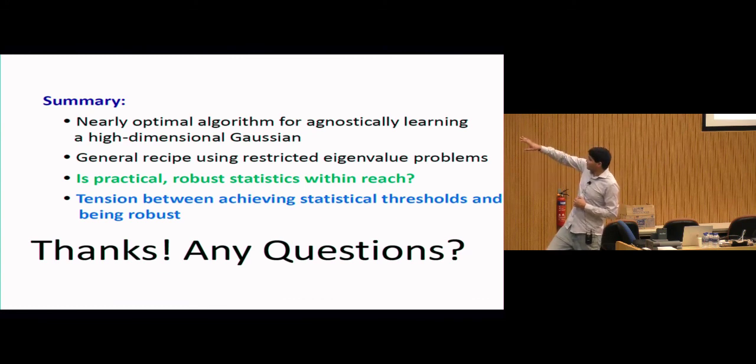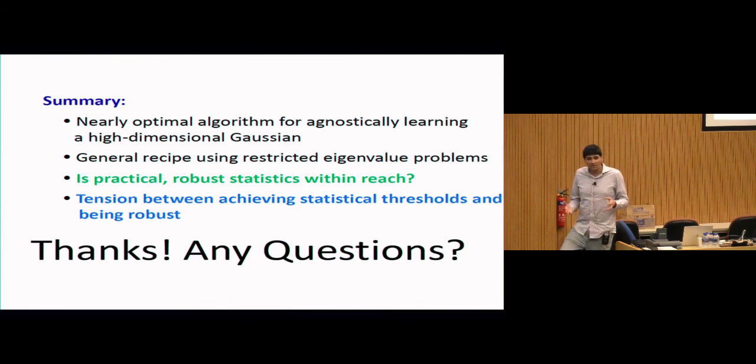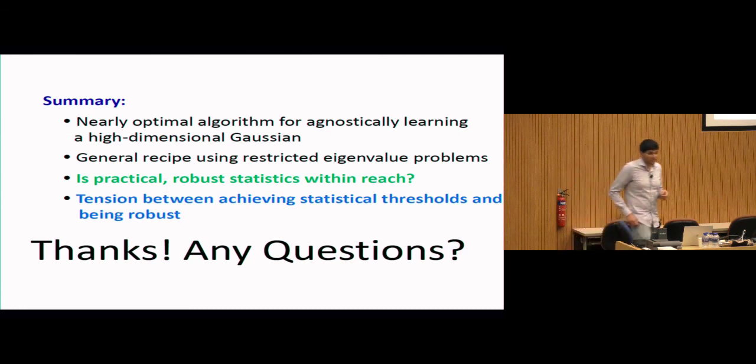And then I gave you some neat applications to genetic data, and I wonder whether high-dimensional practical robust statistics is within reach. And then towards the end of the talk, I also talked about robustness as a way to augment or stress test the guarantees we have for algorithms in average case settings and understand whether the types of theorems we have give meaningful guarantees beyond those very particular models we've been studying.